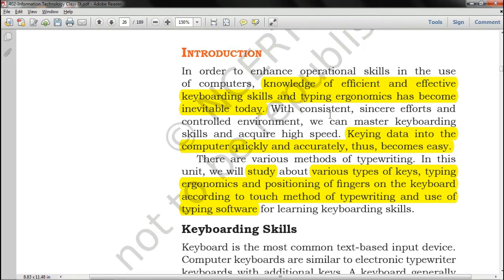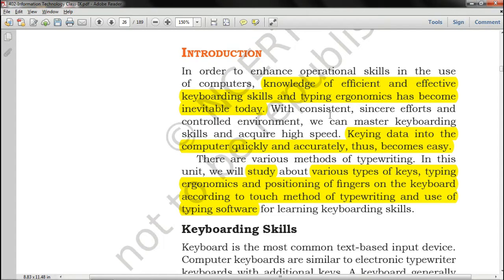Knowledge of efficient and effective keyboarding skills and typing ergonomics has become inevitable today. That means unavoidable. Inevitable means unavoidable. Typing ergonomics, I know this is a new word for you. I don't think all of you are aware of this.